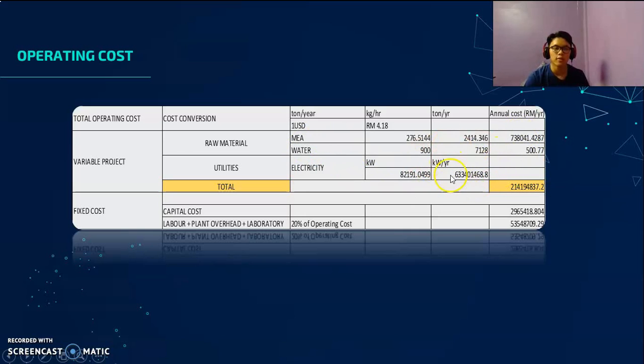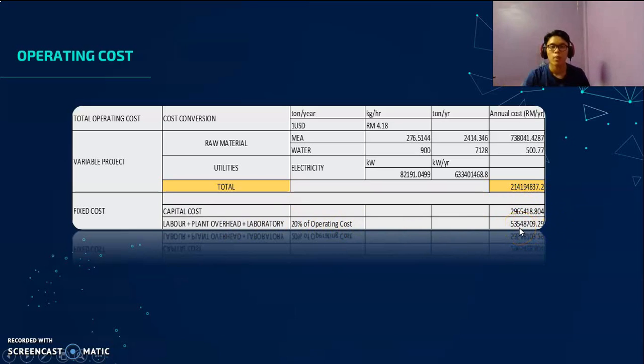So this value we will talk about later, a few slides after this. How do we get this value? The total is this one. So fixed cost, capital cost, before this we calculated it. So labor plus plant overhead and laboratory, 20% of the operating cost. So this is the final one we got, like